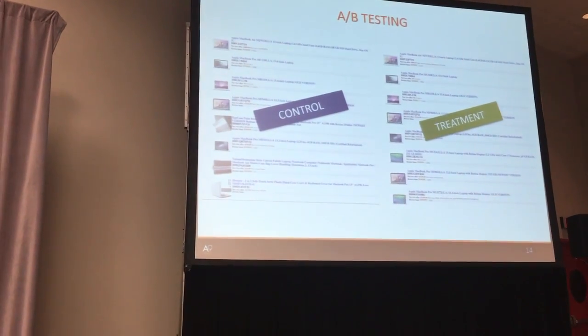We do A/B testing, and we have control and treatment. The control is search results that are surfaced before we add the feature, and the treatment is after we add the feature. We try to track differences between them on various metrics, some of them like click-through rate and purchase rate. But not only do we track the metrics, we want to be confident about them. So we run it for a particular time period, we get some confidence over the metrics, and then we launch a model.